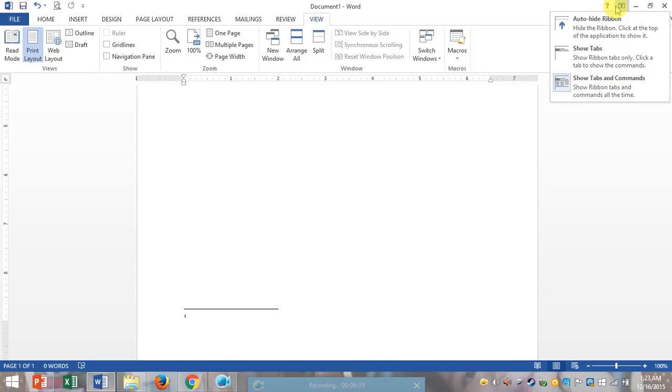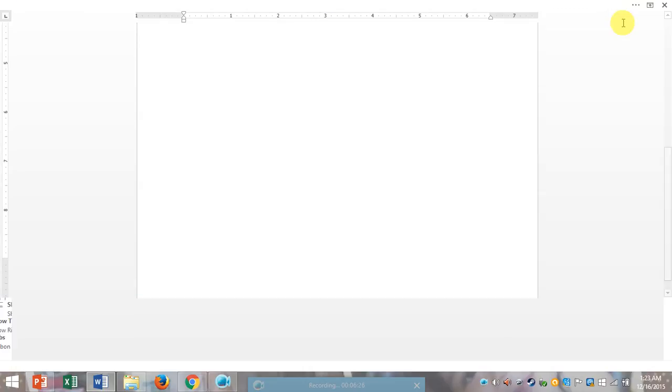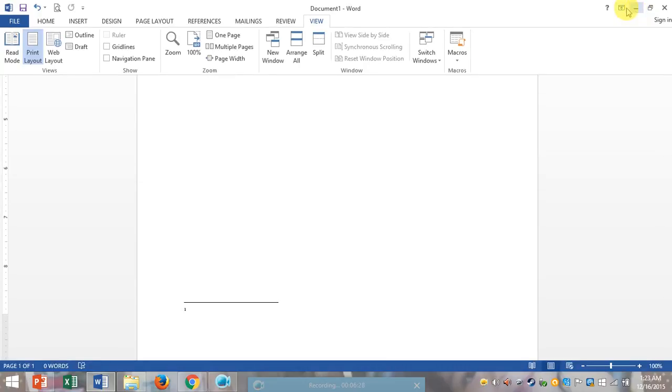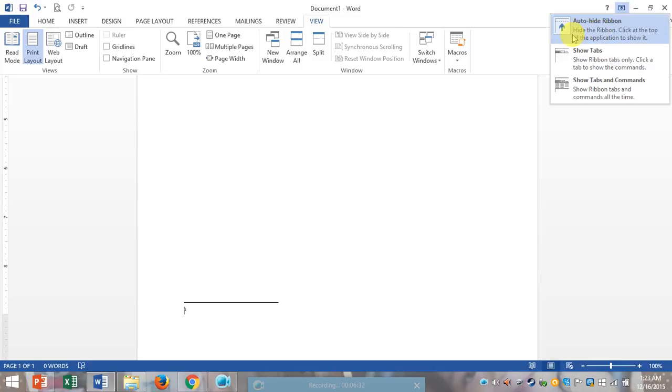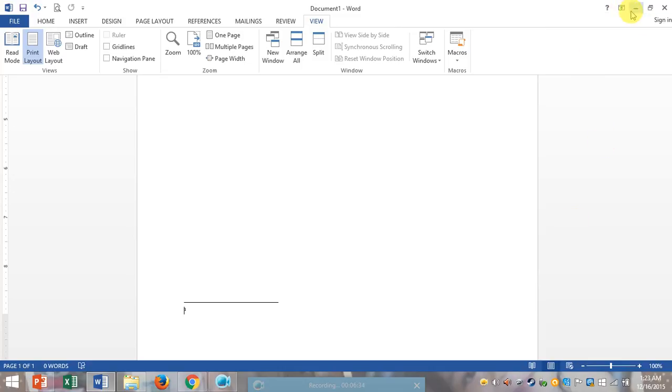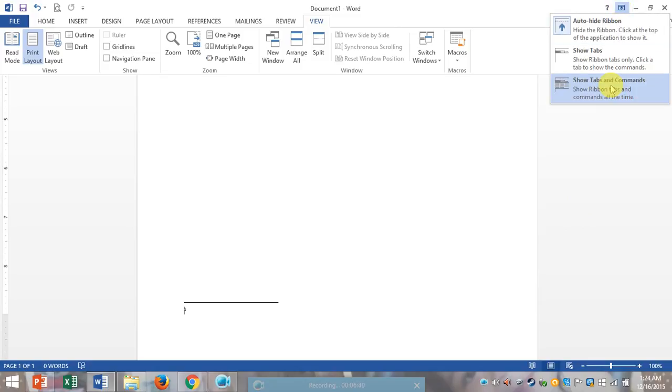It's right here. To hide and show tabs, there's the Show Tabs option. It's here. These tabs can show the ribbon.